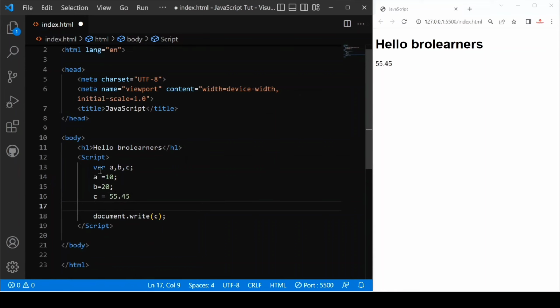If you want to change the value of c after initialization, you don't need to rewrite var again and again. You can use it directly. If you first declare the variable, you don't need to re-declare it again and again, var a and again var a. You don't need to do that. Okay, now let's change the value of c. Now it is 55.45. Now if I change c equals hello world